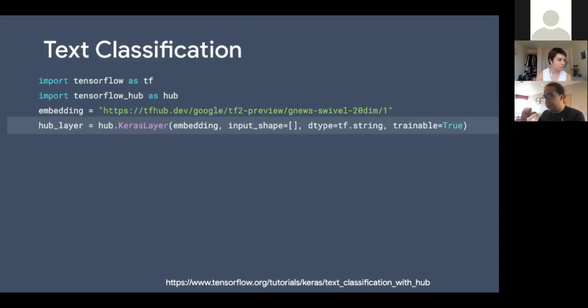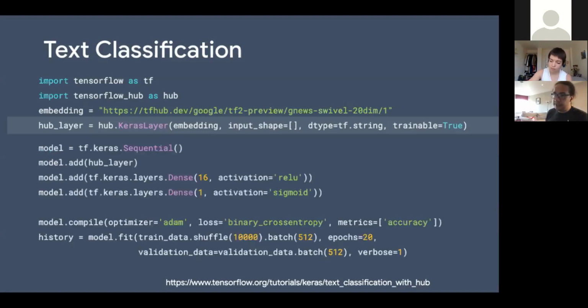In the previous example, we were using the model directly as is. Here, we are going to use this as a Keras layer. For all of you who play with TensorFlow, you've seen TensorFlow 2.0, where Keras is our base suggested API. Here, we're going to create a neural network using the Keras API. One of the layers will be an embedding for text, and we are going to do a sentiment analysis here.